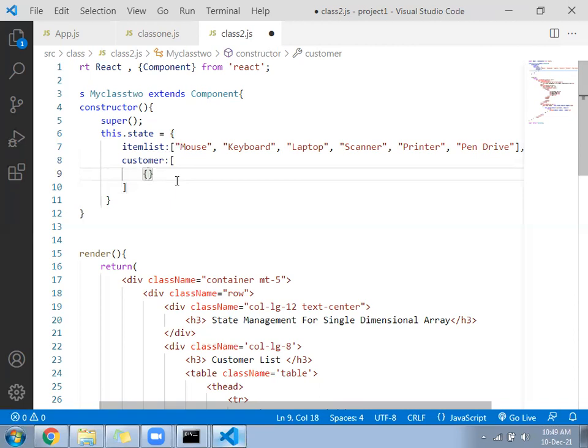Write there called name, any name, then mobile. What do we have? Name, mobile, and age. Name, mobile, some number, and age, somewhere.